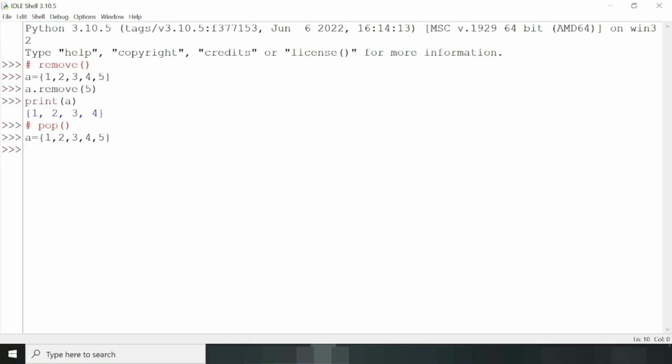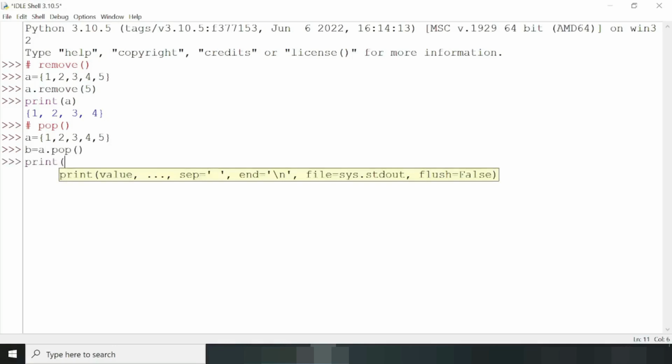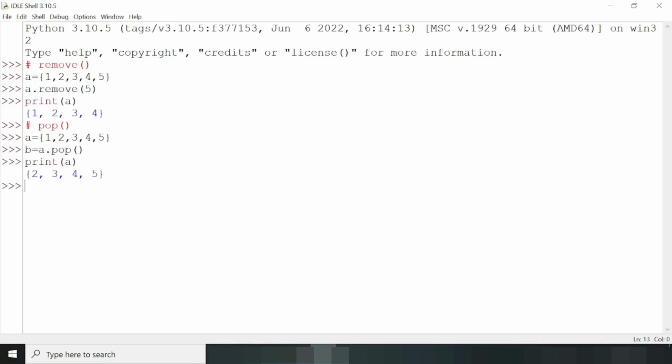So our next method is pop. This method will delete one element randomly, and it returns that element. So if I apply this method on set A, like A dot pop, then it will remove one element randomly, and let me store that element in B. So now if I print A, so note that it has removed 1, and this 1 is stored in B. So let me print B